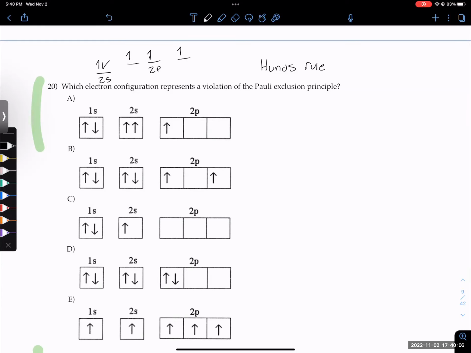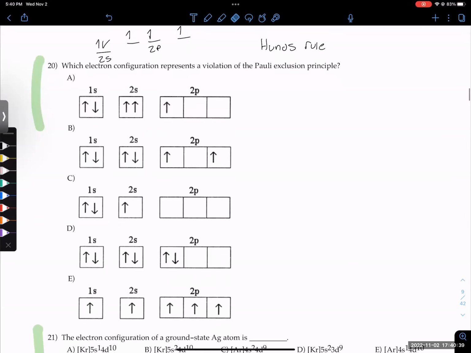That's Hund's rule, okay? Pauli's exclusion principle: no two electrons can have the same quantum numbers, so you need to have one electron spinning in the positive direction and the other in the negative. Yes, one up, one down. They can't have the same address, because that means they're occupying the same spot. Take a negative charge and a negative charge and try to shove them together, that's not gonna work, right?